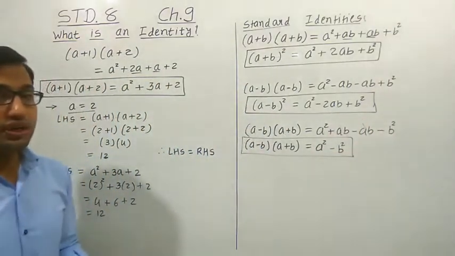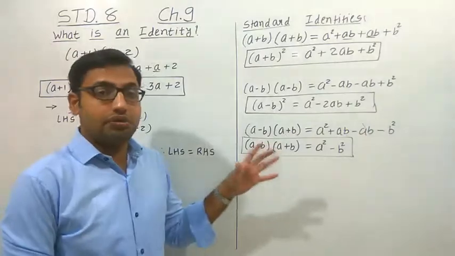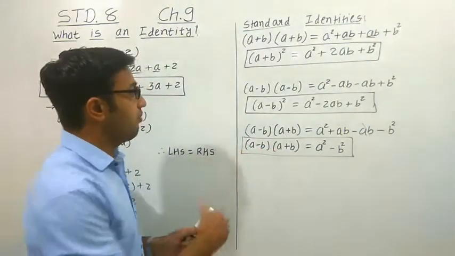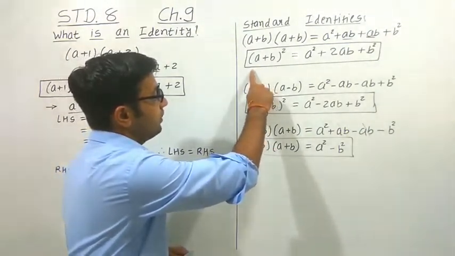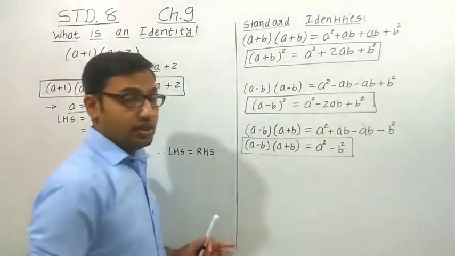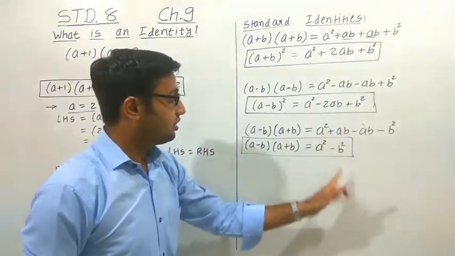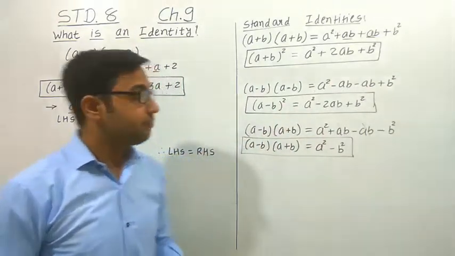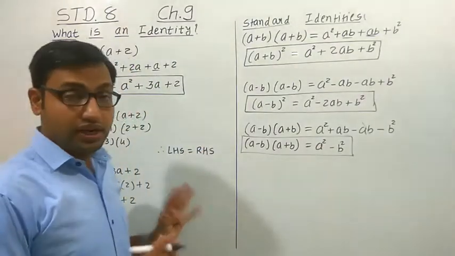Okay. So it is not necessary to remember the number of the identities. You just need to remember what we can write down if we are given a plus b whole square, and what we can write if we are given a minus b whole square. You need to remember these three identities only. Okay. Let us make one more identity.